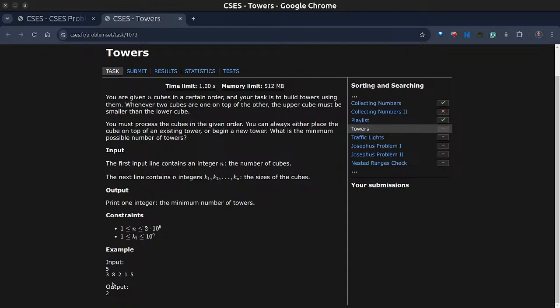I think to make this minimum number of towers, I can always choose like this. I can start from the 3 and choose all the elements that are less than 3. Then in the second one, I can start from 8 and choose all elements that are less than 8. And I can do this forever. But